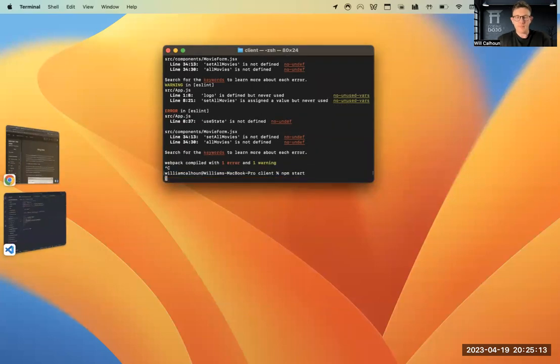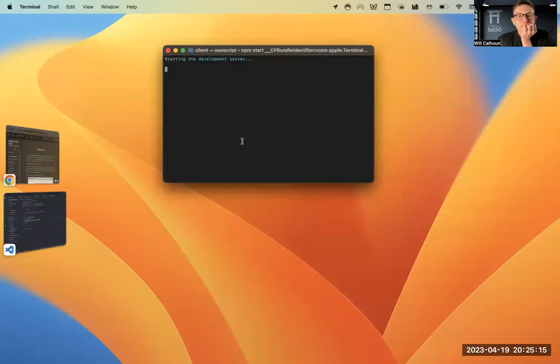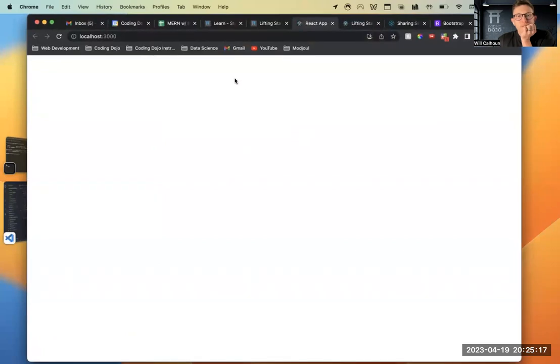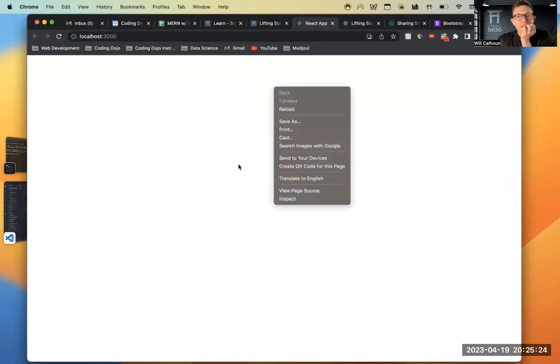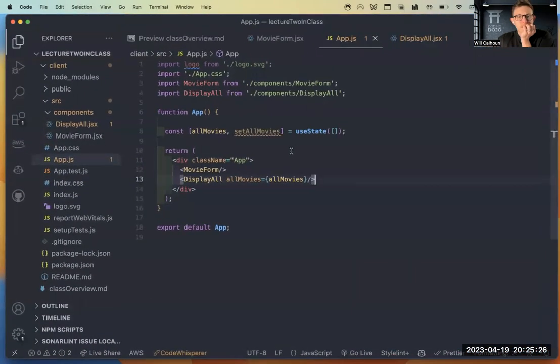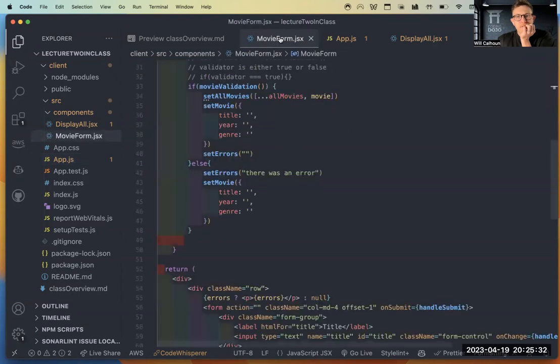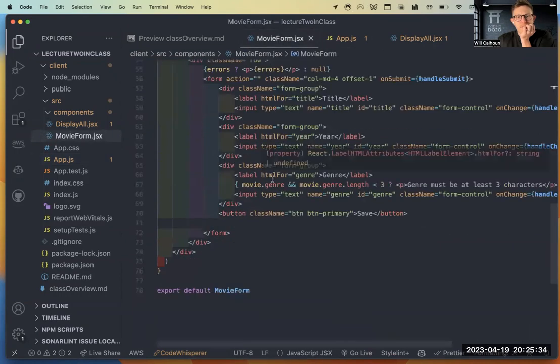Let's see. Inspect, what's going on here? My movie form, display all movies, movie form, JSX, there's still my form.